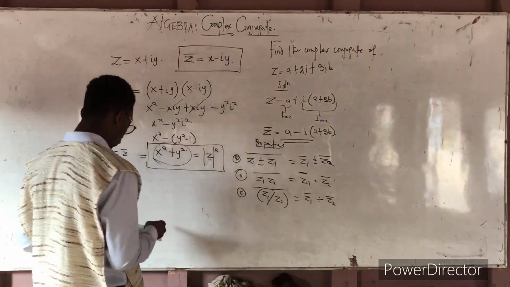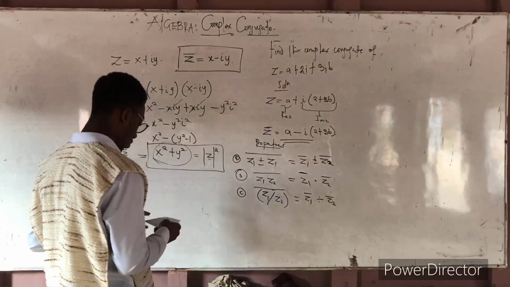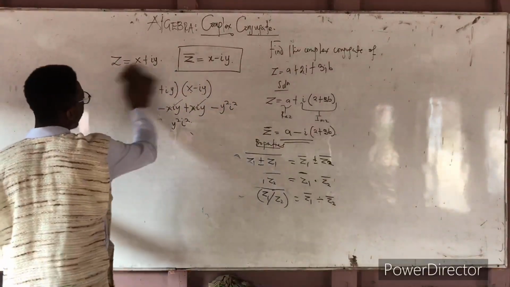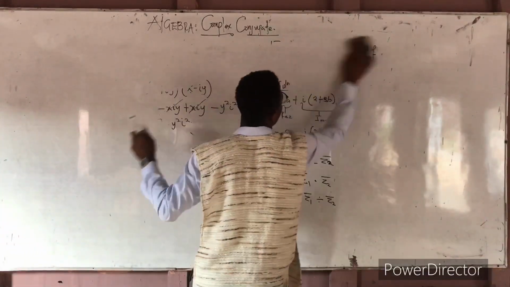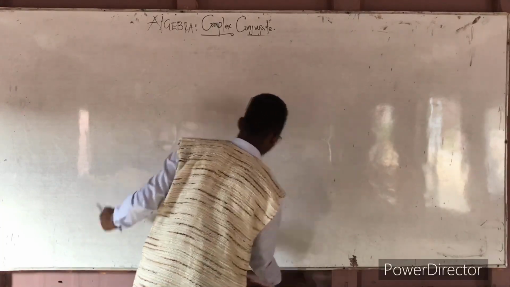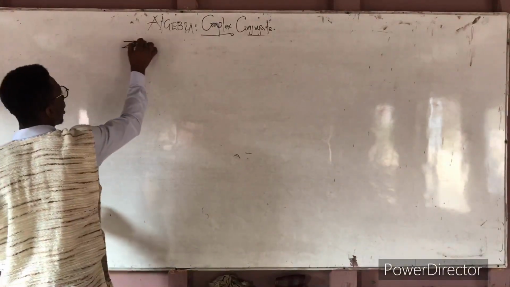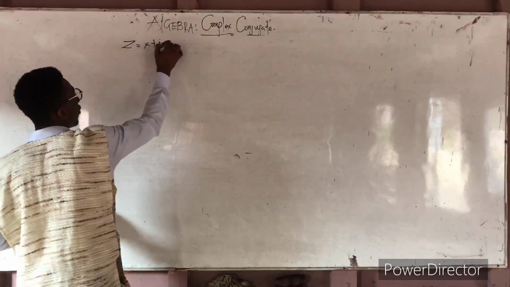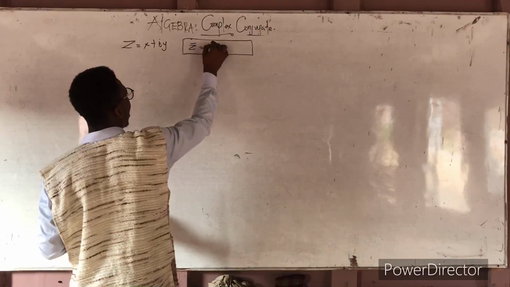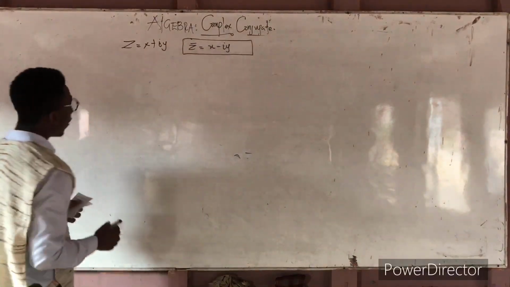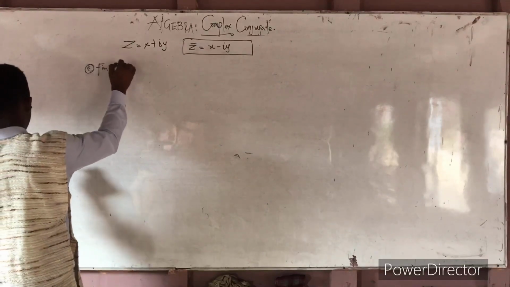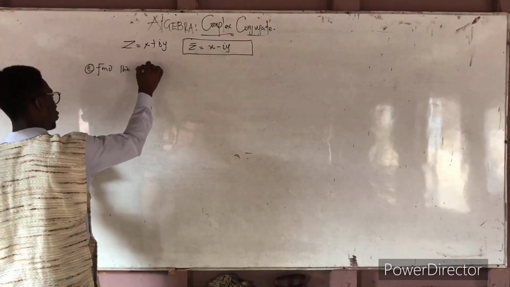Now let's solve one more example. These are things you have to know. But you have to note that if you have z equals x plus iy, then the complex conjugate is equal to x minus iy. So now the question says that you should find the complex conjugate